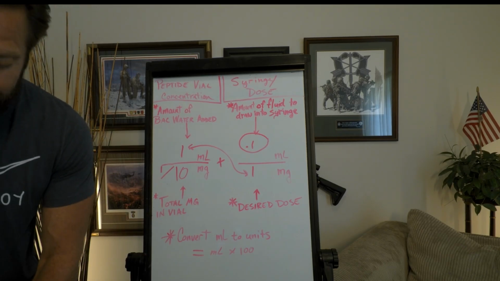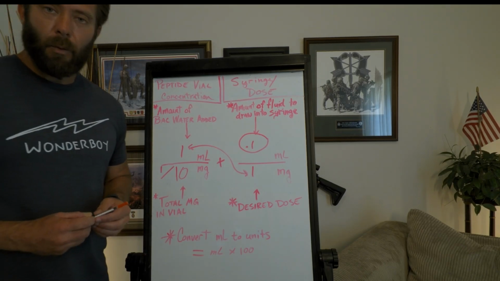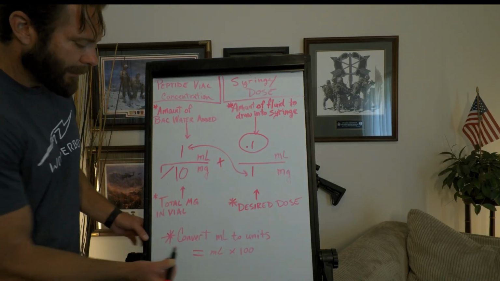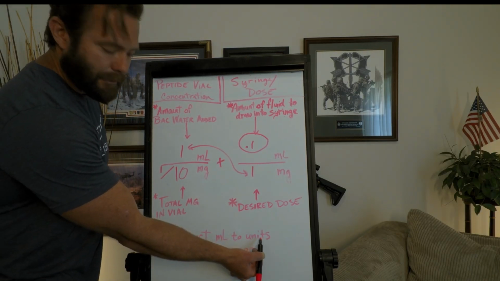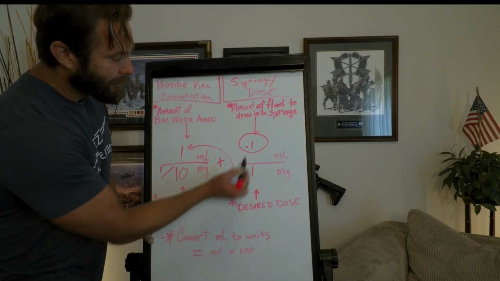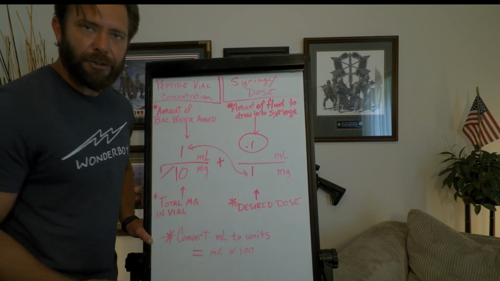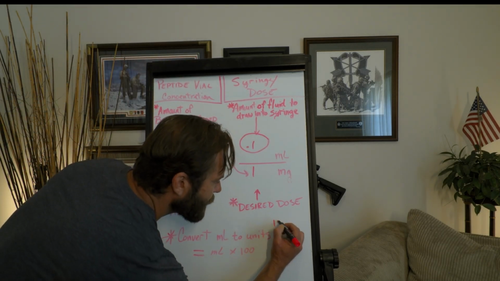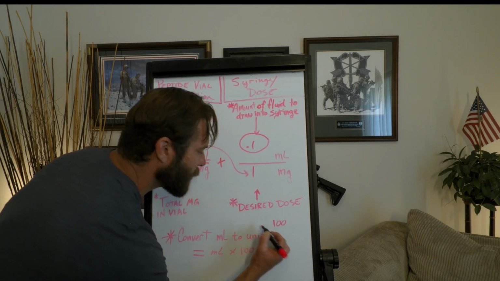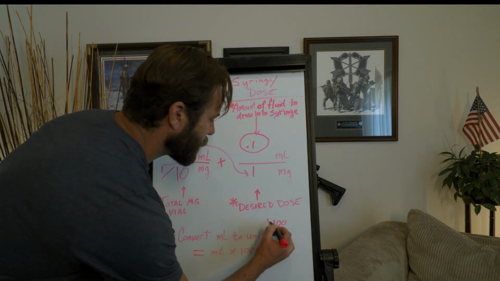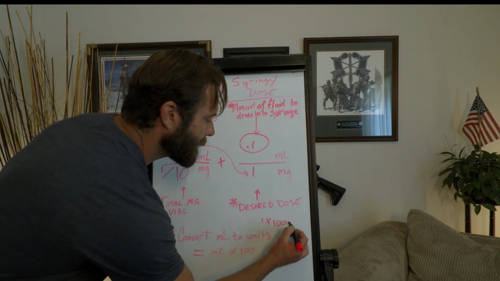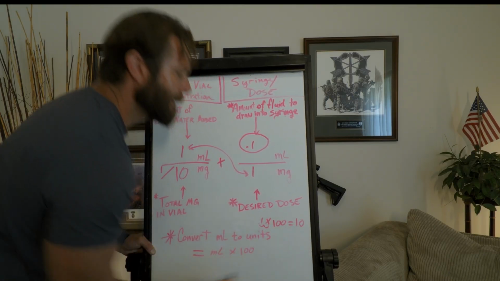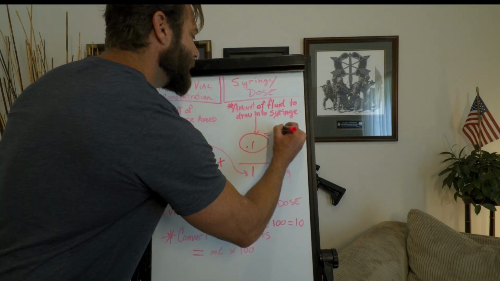the syringe. Now you might be saying, okay, 0.1 milliliters, where is that on the syringe? So here's how we convert it. To convert milliliters to units, right? You're going to take your answer in milliliters times 100. Okay, and if you guys remember, anything times 100, right, you can just move the decimal place over twice. So we'll say 0.1 times 100, right? I'm going to move this decimal place over twice, and that's going to give me 10. So this is equal to 10